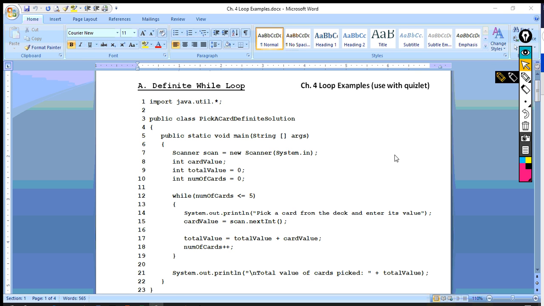Okay, this video is going to take us through a discussion about indefinite loops. Before we start talking about indefinite loops, just to remind you about while or definite loops, they have a situation